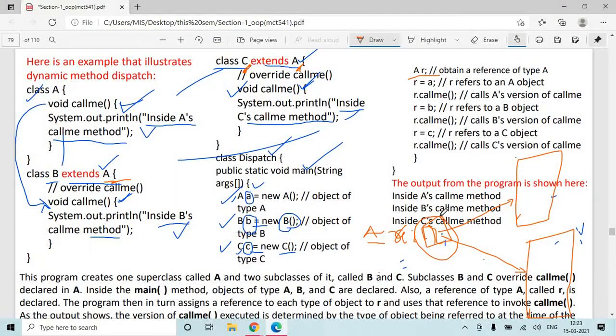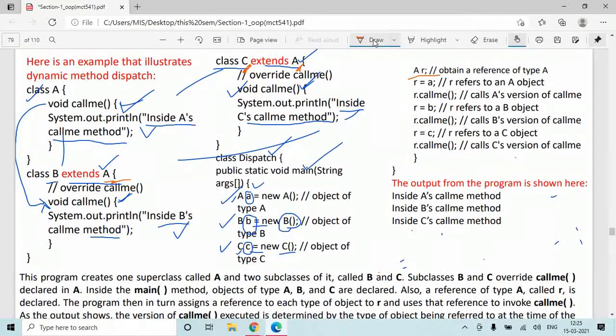A simple thing in general language. Let's say I have bought a car. But if my father wants to drive my car, he is very well permitted and he can access my car. You cannot refuse. It is very simple. So this is A's reference. Who is A? A is the superclass. So we have created a reference of A.